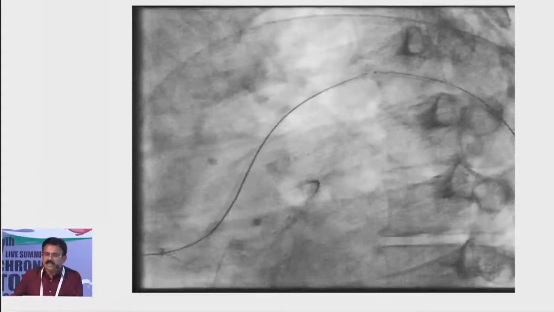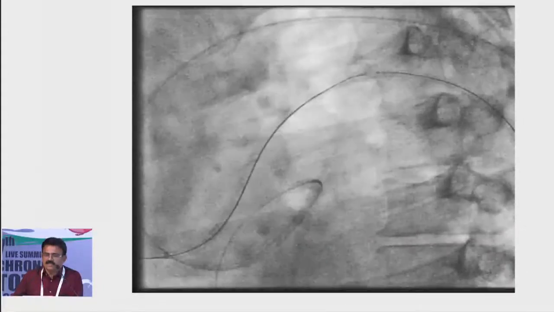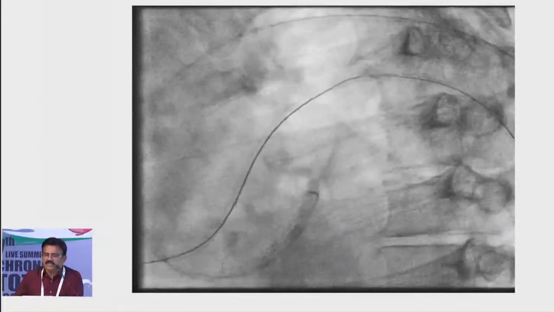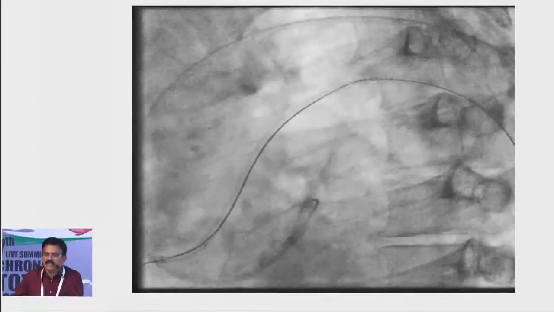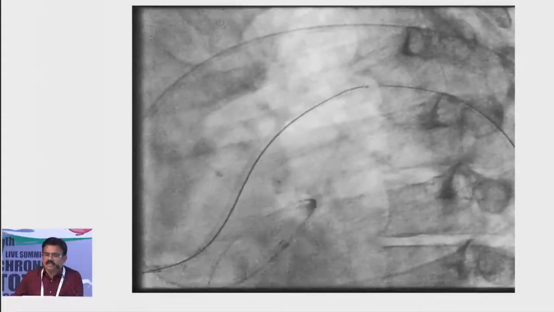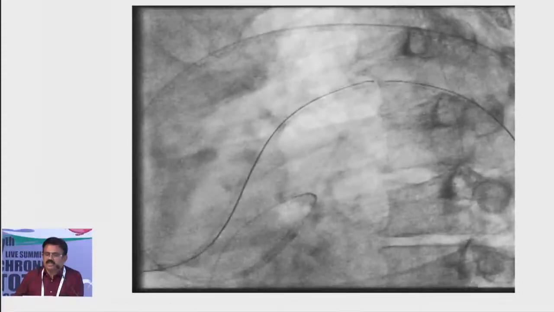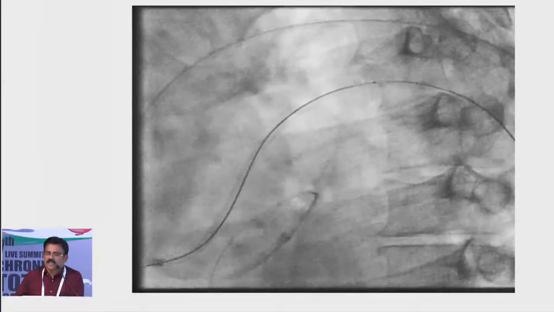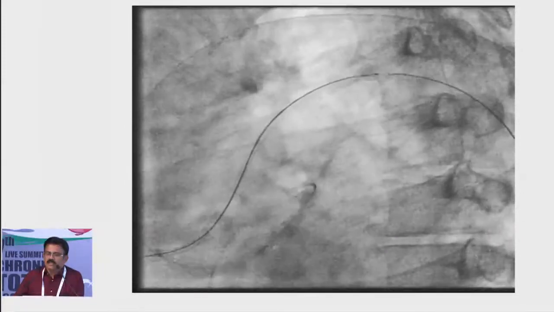I decided in the same angle like this, I pushed the wire making a curve there. I just went inside, touching the antegrade wire in the microcatheter. Once I touched, it enters. Now it enters inside. Once it enters, and threading down,